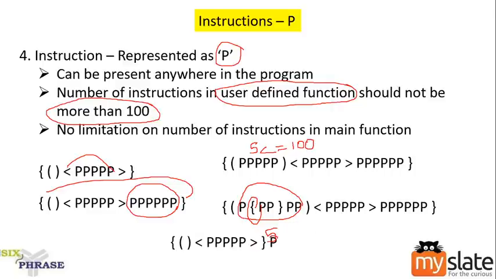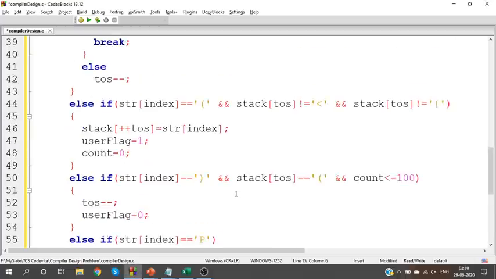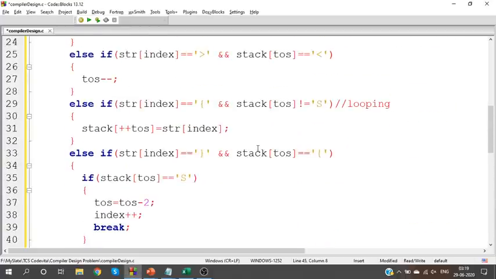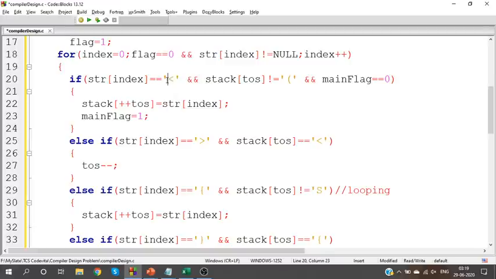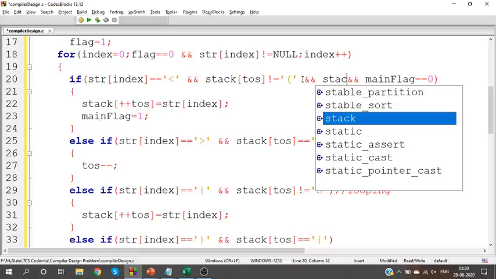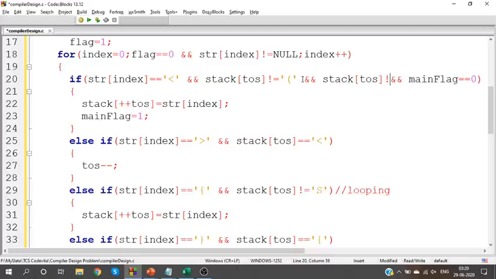So is there any other test case we have missed here? Yes. If instruction is present outside the function, we'll come back to this part. Apart from this, okay. So let us just have a quick recap of what we have done. When I see an angular bracket, I should ensure that angular bracket is not within a user defined function, and at the same time angular bracket is not within a looping bracket.